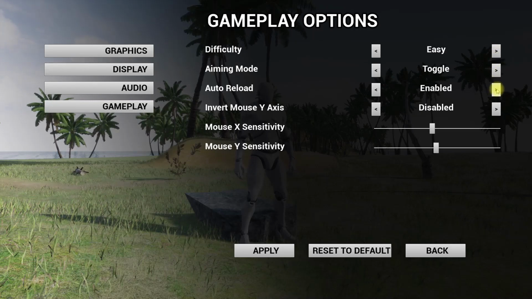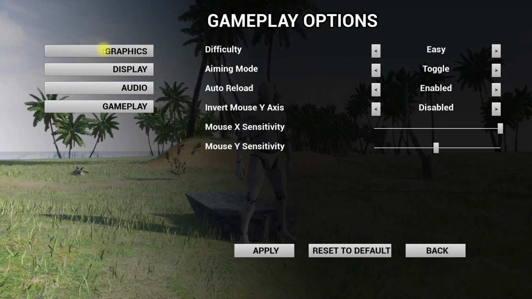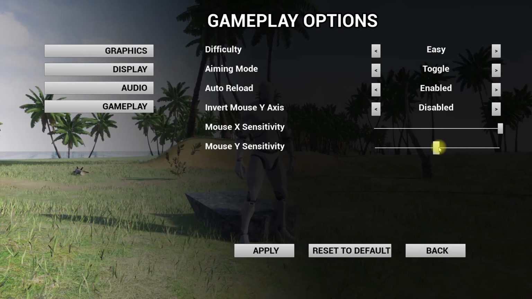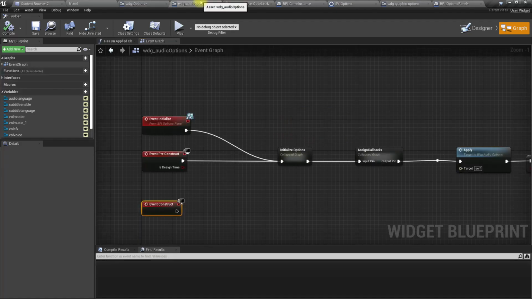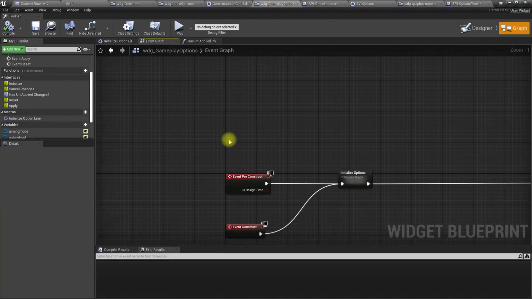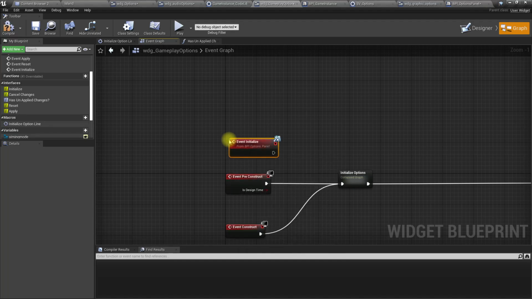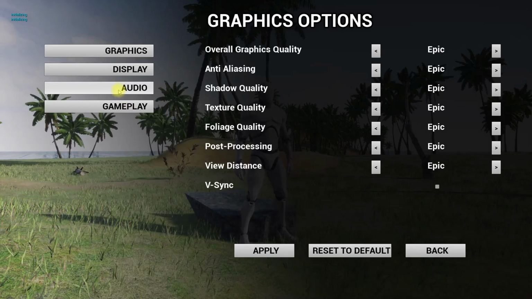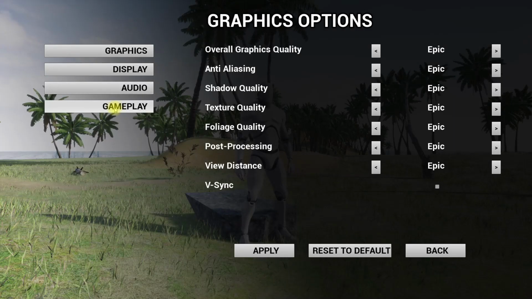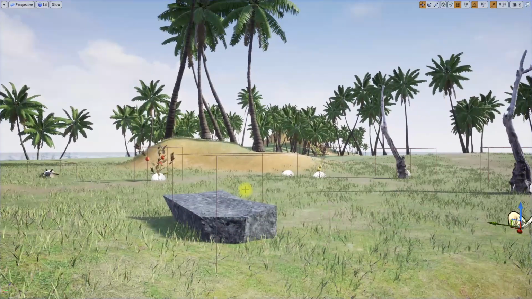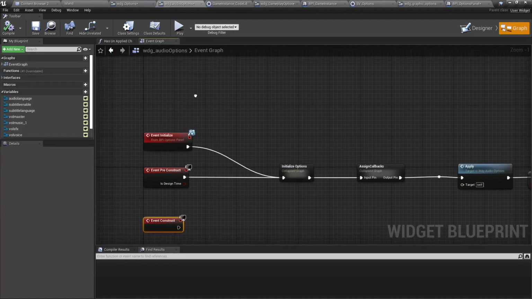for the gameplay option. Let me change this. When I come back, this should be in the middle. Let's test. It's not. Oh wait, we have, sorry, this is audio option, not the gameplay option. Right, now let's test. Let's make it DC and put this to here. Go back to another panel, option panel, and come back. Right, it is there. Okay, and that option resetting part is working, and we have to add the same initialize